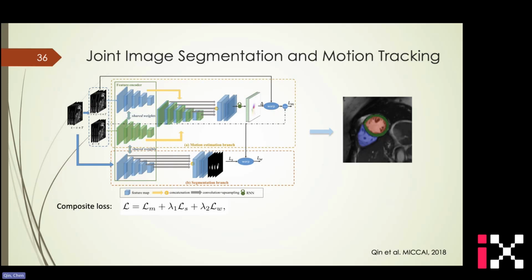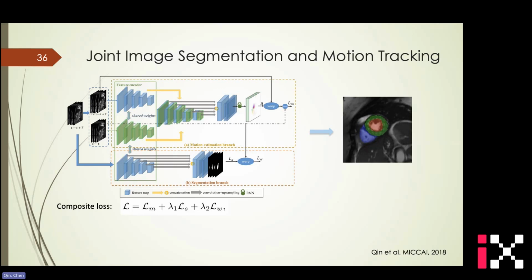Okay, so what we have proposed here is actually a multitask learning, where we propose to jointly perform the anatomical segmentations of the heart, as you see here, and also you will see there are yellow arrows that indicate the deformations that we are asking for the motions. And our strategy is that,